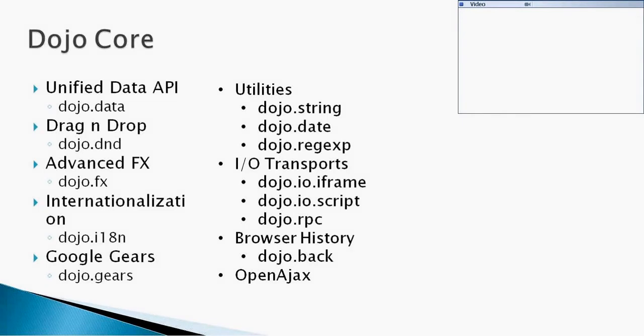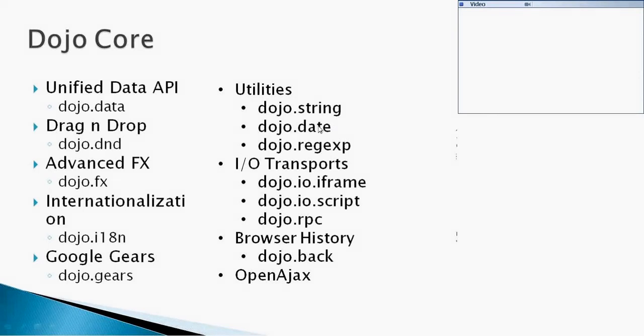widget. So your front end, meaning the core grid object, should not know where this data is coming from and all that stuff. It should rely on this particular data API. Similarly, it provides drag and drop functionality, advanced animation, internationalization, and Google Gears, if you want to use it in your application, which can provide you offline support and offline browsing. And there are some other utilities like dojo.string utilities for string comparing and changing case